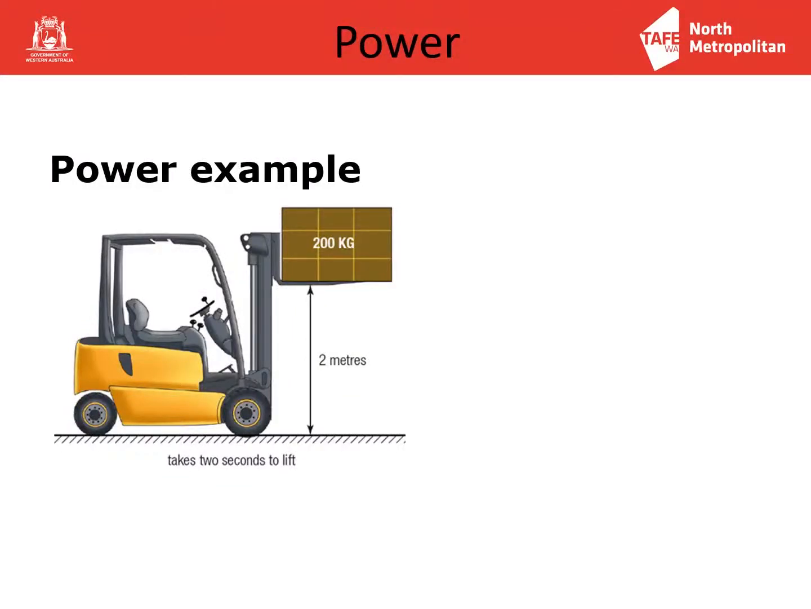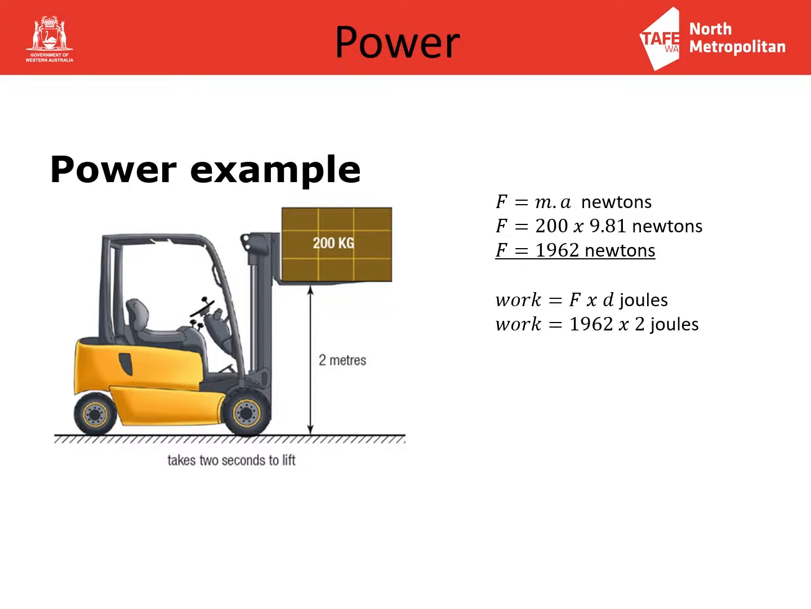In the case of the yellow forklift, we can calculate the force because we have the mass of 200 kilograms and the acceleration due to gravity is 9.81 meters per second squared. The result is 1,962 newtons. We can calculate the work because we have the force of 1,962 newtons and a distance of 2 meters. The result is